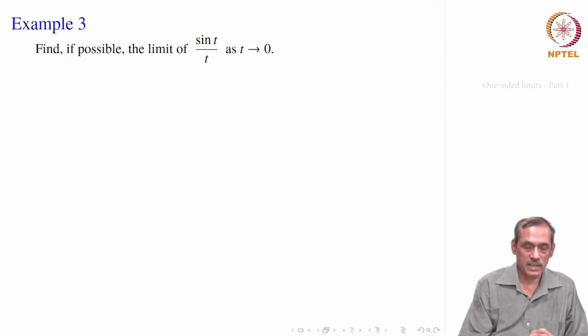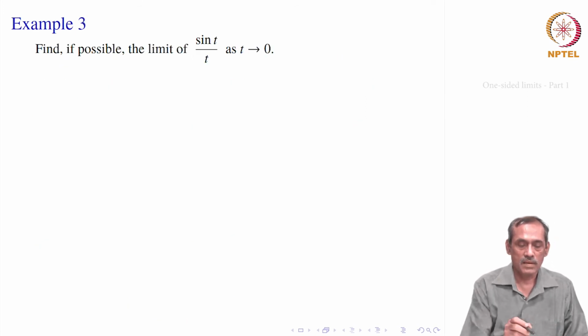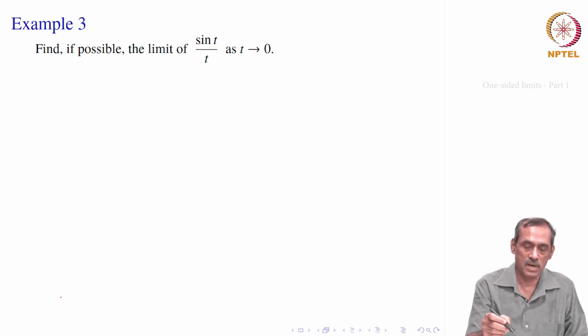Okay, let us take another example. This limit is really very helpful in many of the trigonometric limits. So, let us say find the limit of sin t by t as t goes to 0. What happens for t? The limit of sin t goes to 0, we know, and the limit of t also goes to 0. So, there is a possibility that the limit exists, there is a possibility it does not exist, but we cannot discard it as it is, because the top one has the limit 0, and the bottom one has the limit 0.